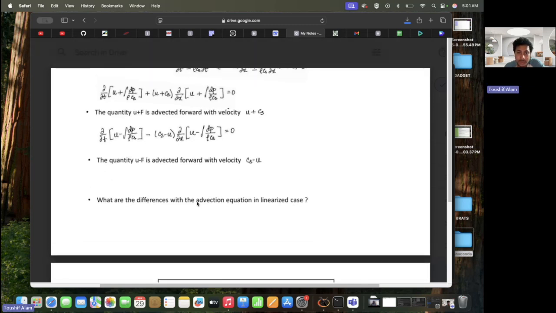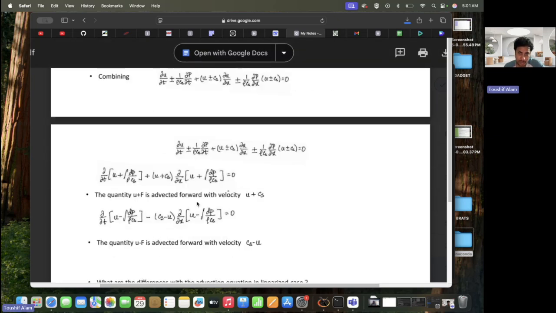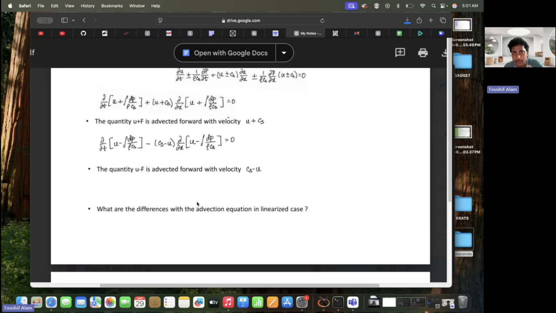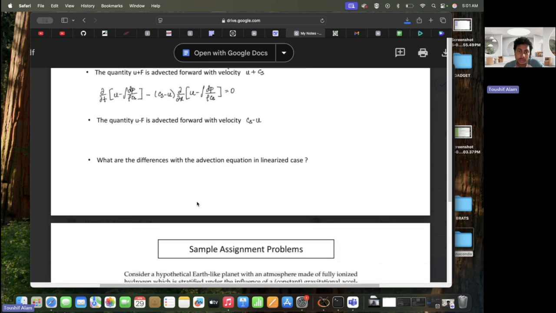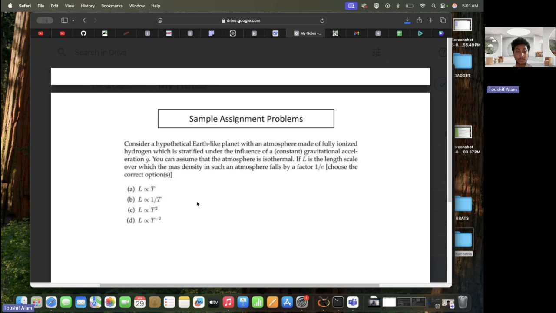What are the differences from the advection equation? These are for your homework problems, so please try to solve them. I'll upload this now. So please try to solve this. Now, heading on to the sample assignment problem, the first question comes as